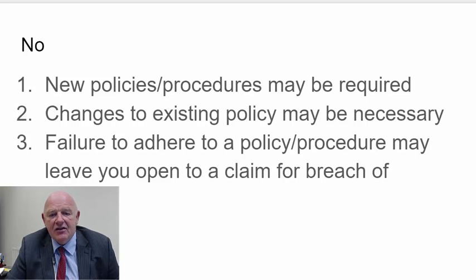The second reason is changes to existing policies may be necessary. For example, you may have a policy in relation to staff uniforms or use of company vehicles or something like that. If you want to change those policies, then if the staff handbook is contractual, strictly speaking, you're changing the contract. And if your employees don't agree, don't consent, then you have a difficulty,